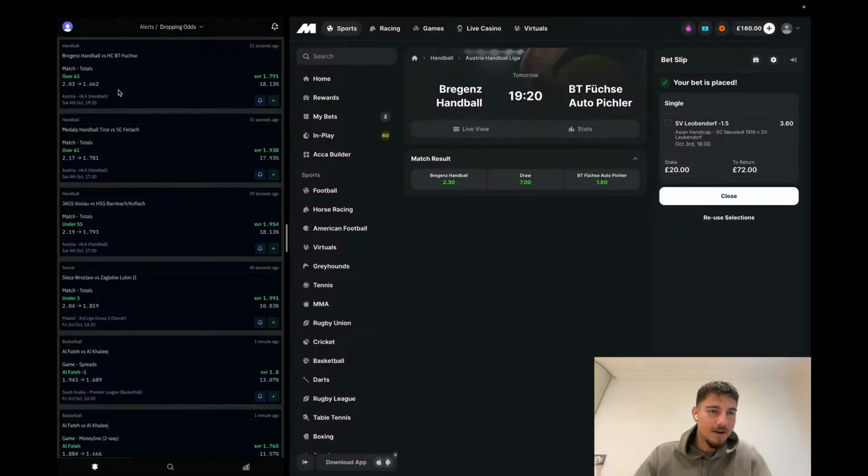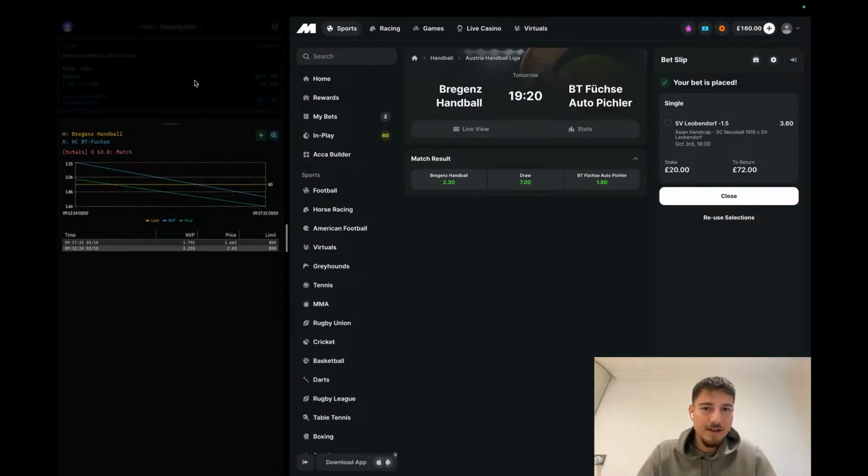Okay, so here, look at the name on Pinnacle. Bregenz handball versus HCBT Fouche, right? Look at the away team name on Midnight, BT Fouche Auto Pitchler. But if you look at the time that the match starts, 7:20, and you look at the league, Austria HLA, so Austria Handball League, then you can match up those events. So initially it kind of looks like that's an alert for a different handball match. But if you look at the competition name and when it starts, then you can see that actually